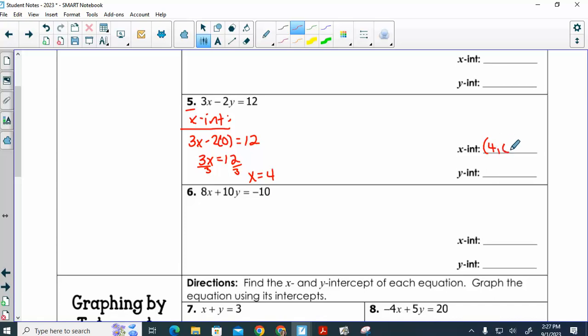Wait. What? Oh, because I'm not doing example 5. We were on example